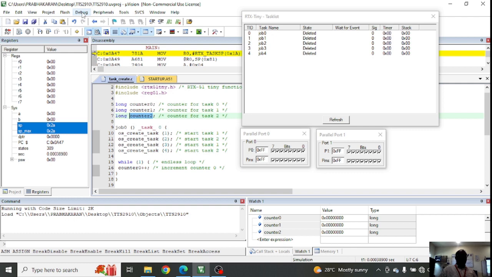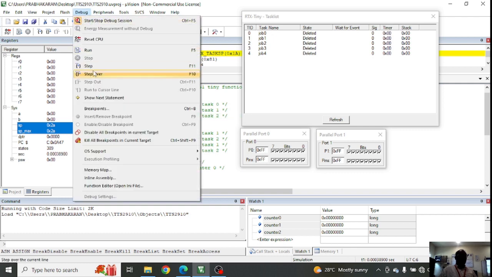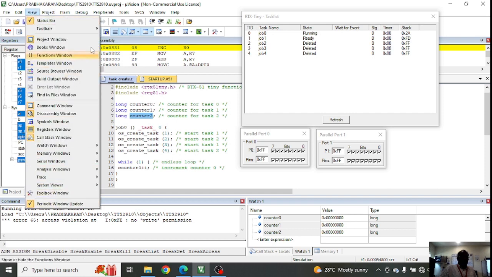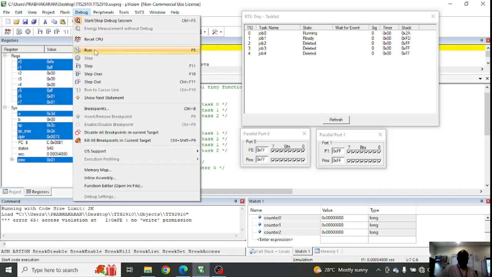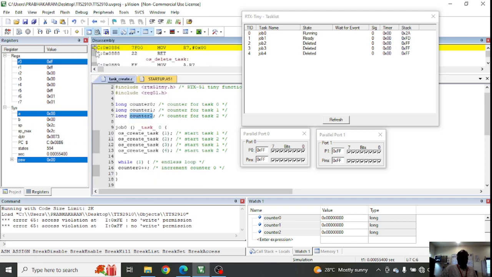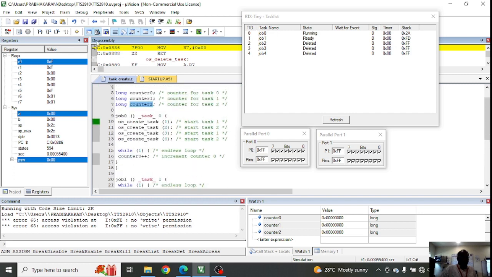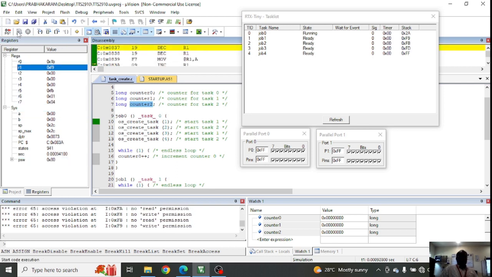Now let me run this code: go to project, debug, run. You can see the program is running. Job 0 is running, job 1 isn't ready, and other jobs got created. So you can see here